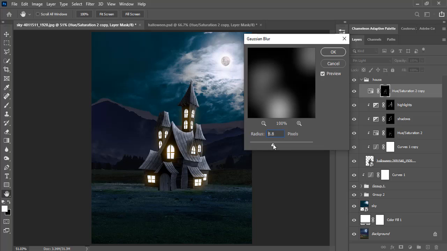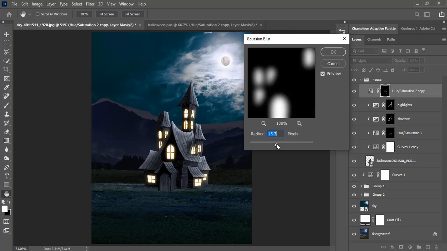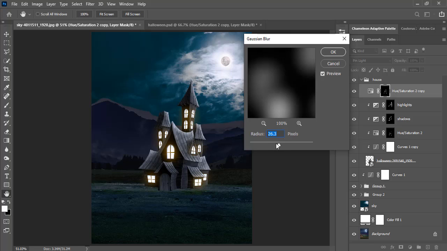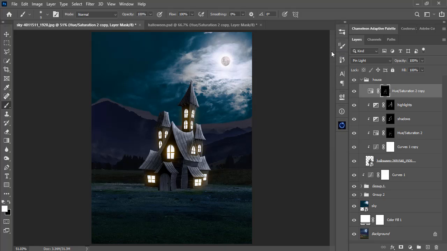So move this slider around and see where it looks good to you, and then click on OK. I think this looks good to me. I'm going to leave it there, and then click on OK. Okay, next